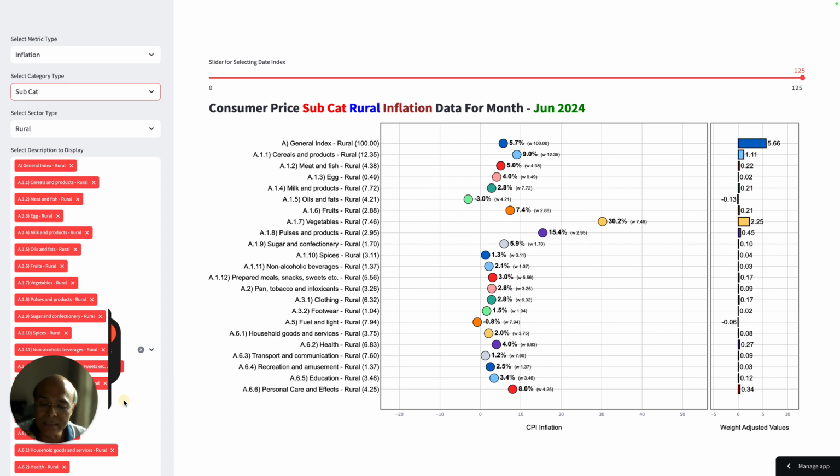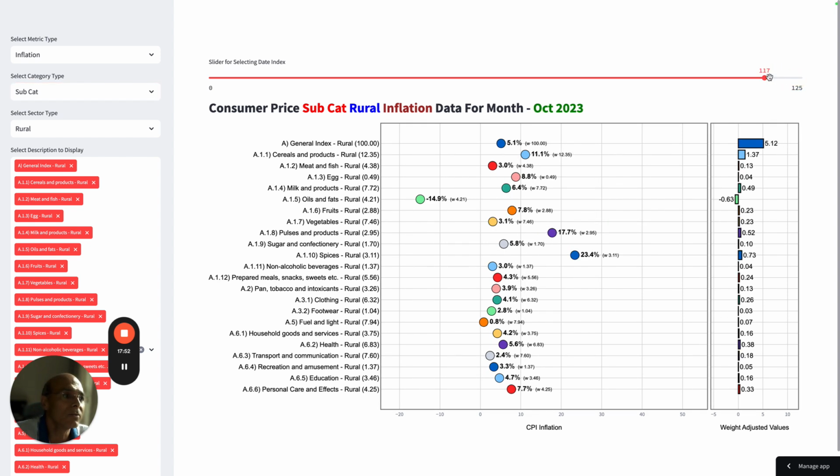Now let's understand whether vegetable was a significant part of our inflation even in the past, or whether this is a recent phenomenon. If this is a recent phenomenon, there are some structural issues which need to be addressed, which have changed over a period of time, where major attention is required. So let's get back in time and see how this inflation has changed. Look, in October 2023, the vegetable inflation was not that much. It was 3.51%, and its contribution to the overall index was only 0.23, that is 23 basis points.